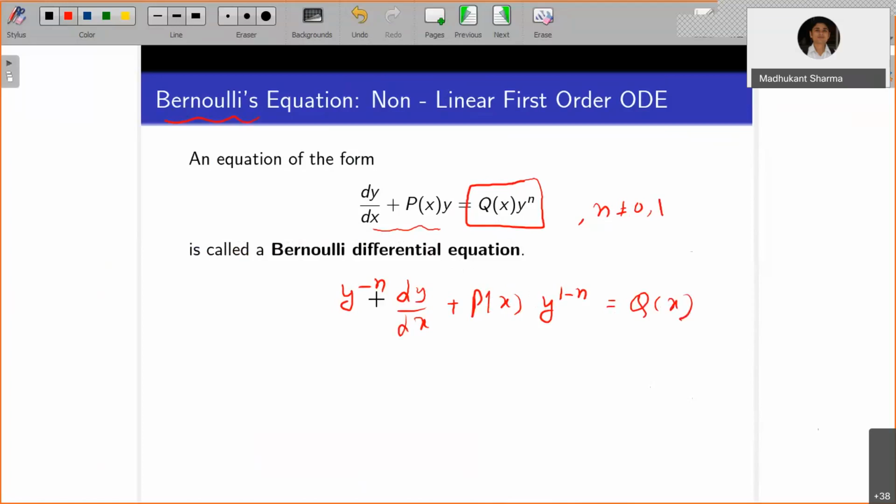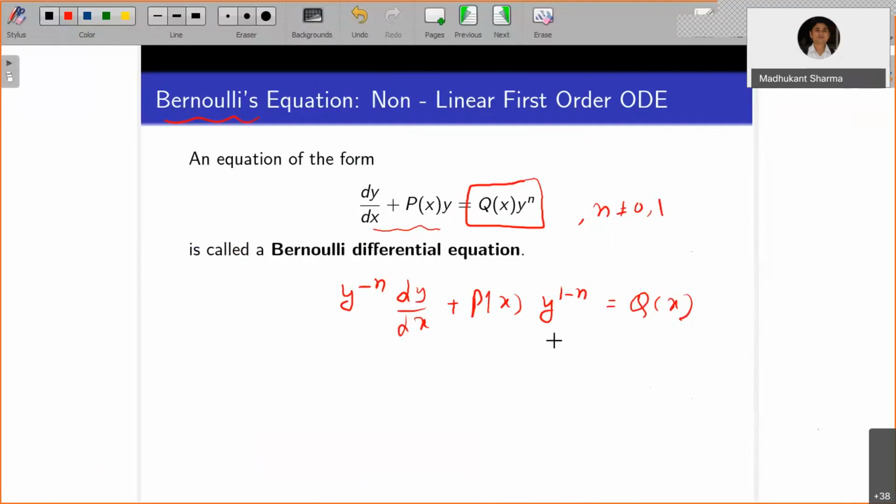Okay, right. Since we are looking for a non-trivial solution, all these things are possible. If n is not 0 and non-zero, suppose n is 0 or n is 1 even, it doesn't matter. y equals 0 will always be a solution, so we are looking for a non-trivial solution.